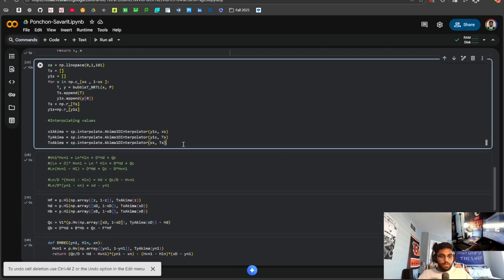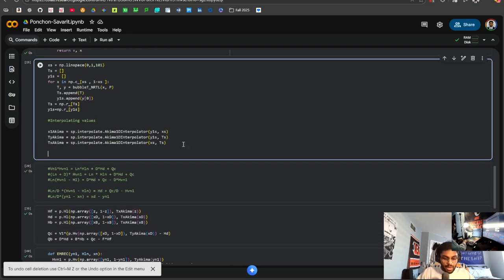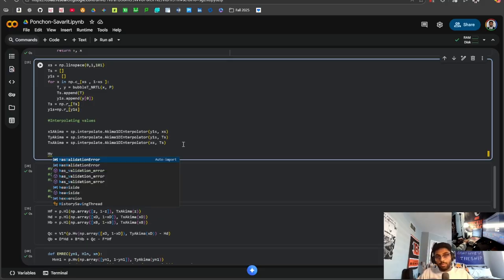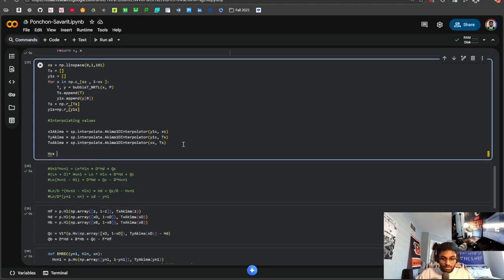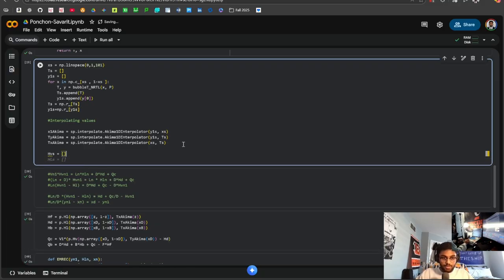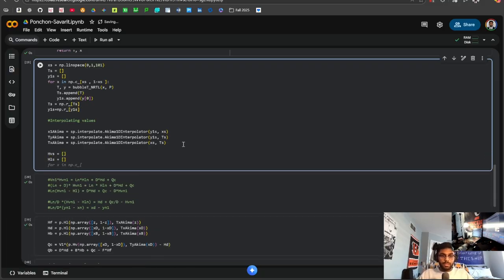One more thing that we need is the enthalpy of our vapor and the enthalpy of our liquid. So we need those lines that define the Ponchon-Savarit, and we use those triangles to calculate our vapor compositions, right? So I'm going to start two new arrays, exactly like that. And then I'm also going to say I want, let's say,